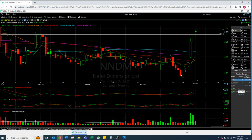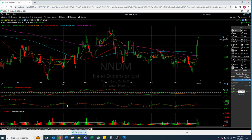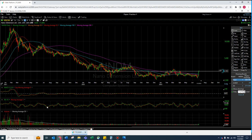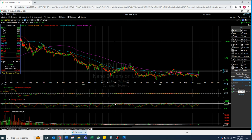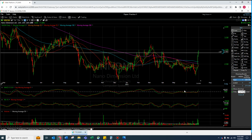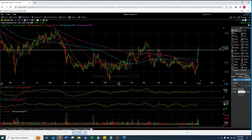So for me, again, what I really like is we've broken all the moving averages. MACD looks good. RSI actually doesn't look too bad. One thing I want to see, okay, so there are not a lot of sustained high RSIs. We get really high, like that looks like a high now, 85, and then just drop hard down, right? This one seems moderately, and that's not even that high. Man, these things like don't even get that high, 79, like it barely touches 80 and then falls, right? So the RSIs are not one to stay high and stay